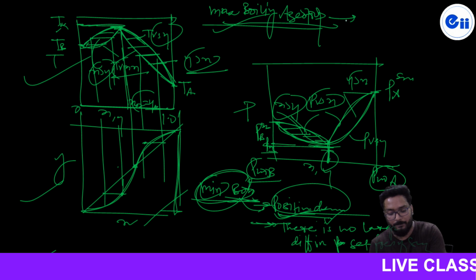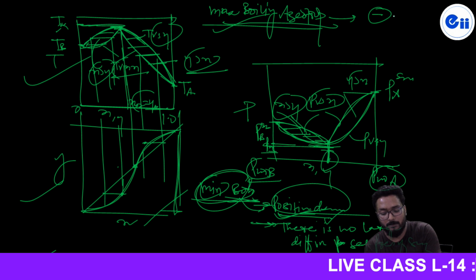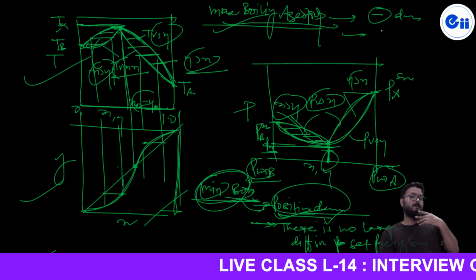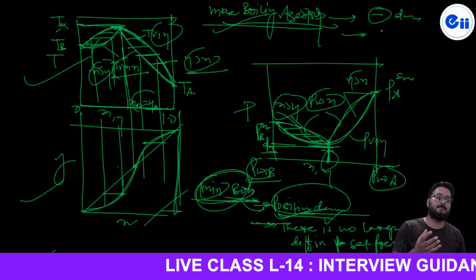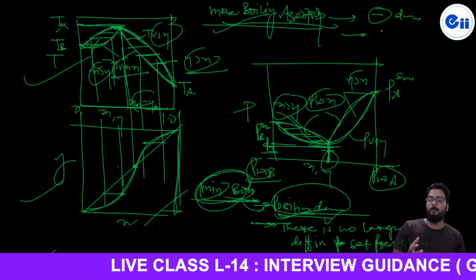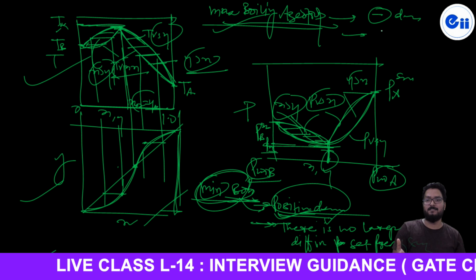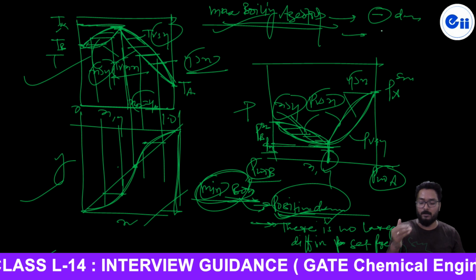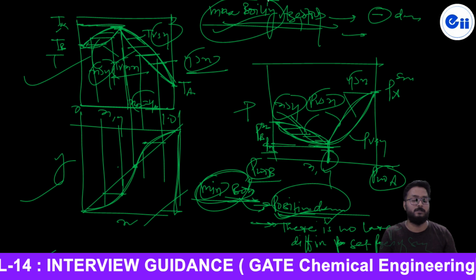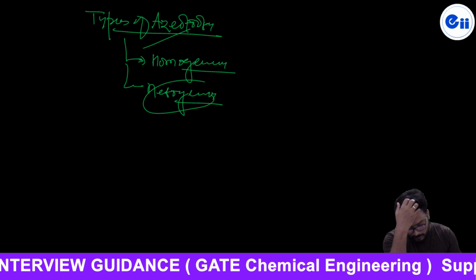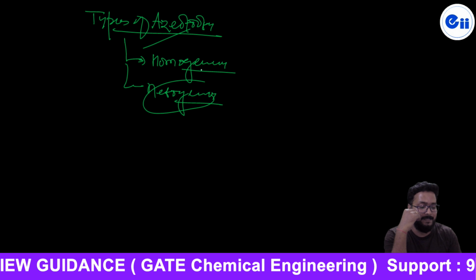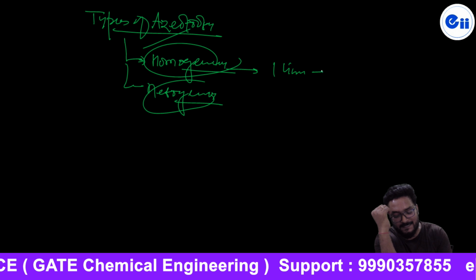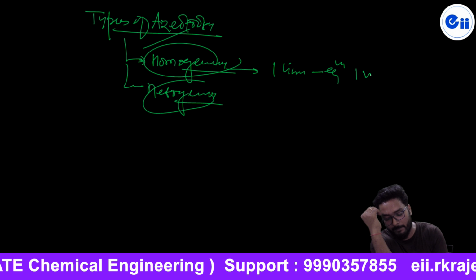And as for the maximum, if it indicates a negative deviation from ideality, and again the difference between the boiling points or vapor pressures is not so large, and the mixture shows the negative deviation, then that will indicate the maximum boiling azeotrope. Now, what about the azeotrope we have seen previously? That is the part of homogeneous azeotrope. In homogeneous, one liquid phase is in equilibrium with one vapor phase.